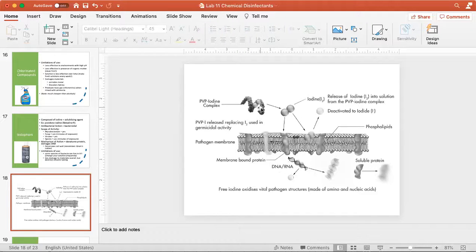And what they're showing us is that the iodophore, the chemical that they've got listed as PVP iodine, is an iodophore chemical. What it's going to do is actually release this iodine. The iodine, like we said, can penetrate through the cell wall. It can penetrate through the membrane of the cell. It's going to destroy DNA by damaging it. And it's also going to unfold or denature proteins, proteins that are in the membrane and proteins that are in the cell.